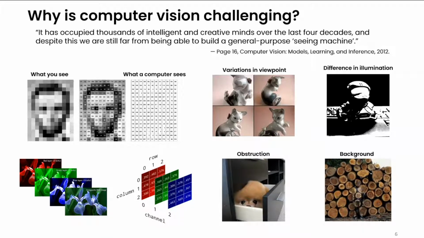Okay, so why is computer vision challenging, right? Analyzing a visual image appears so simple to us because it's kind of like our natural ability to see something, even for very young kids. But initially, CV was also believed to be a trivially simple problem that could just be solved by a student connecting a camera to a computer. However, after decades of research, computer vision still remains unsolved, at least in terms of meeting the capabilities of human vision. It is still one of the hottest research areas today.